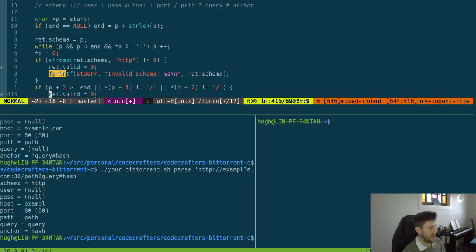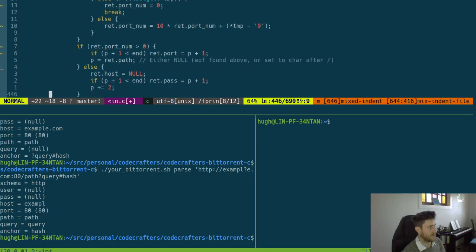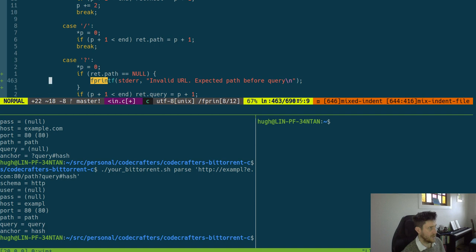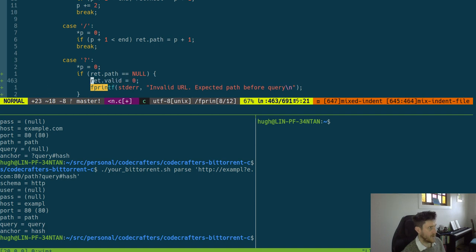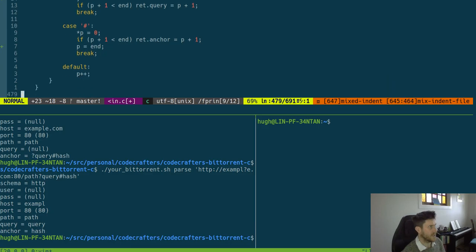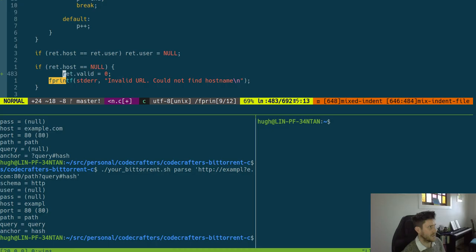And every time we get a print, which is probably something that should be done by a macro, but it is what it is. And so if that is the case at the end of it,